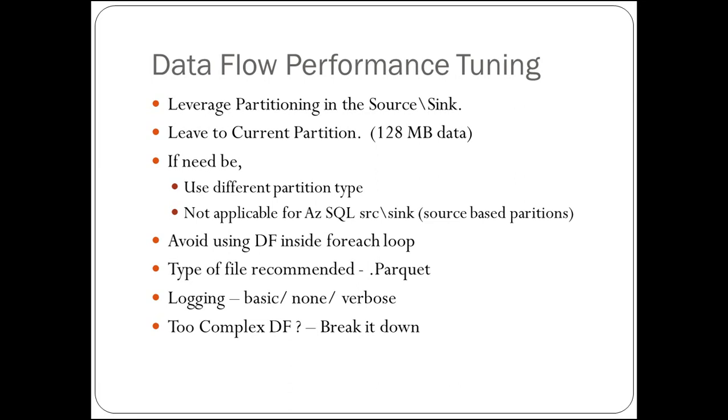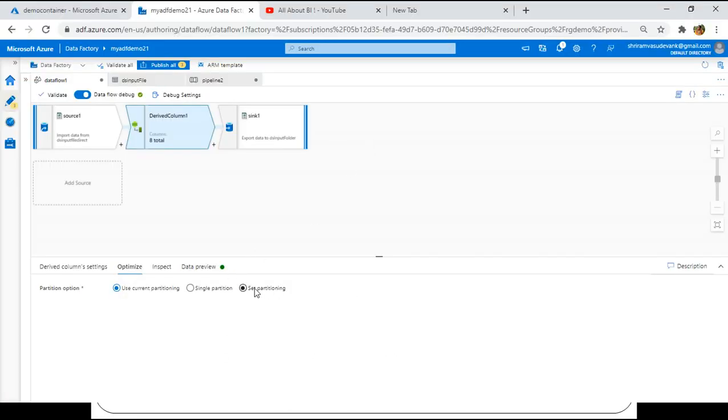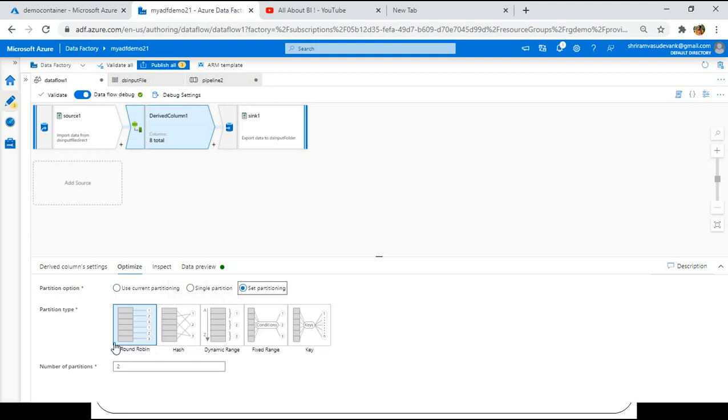Further, those region based partition files will be processed by my big data related Databricks or something. If that is the case, we'll have to split the data into multiple partitions, and for that we can go to the set partitioning option. When you click on set partitioning, you will have various types in which you can partition your data.